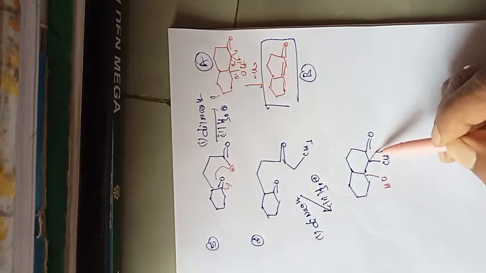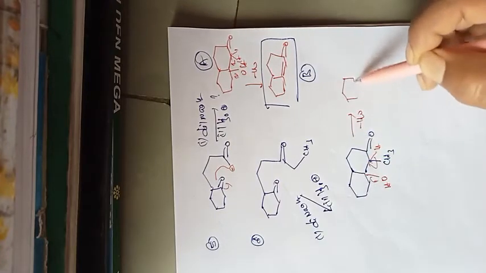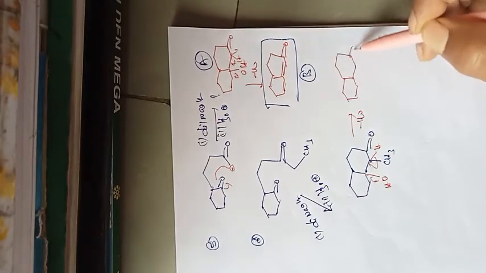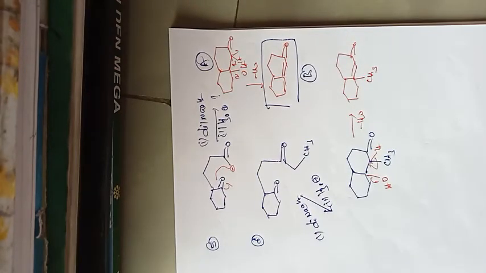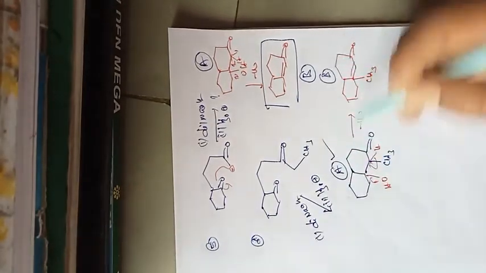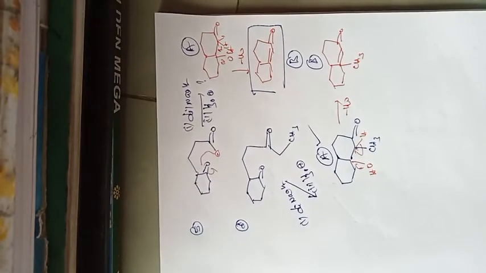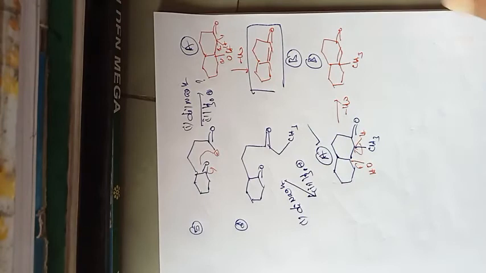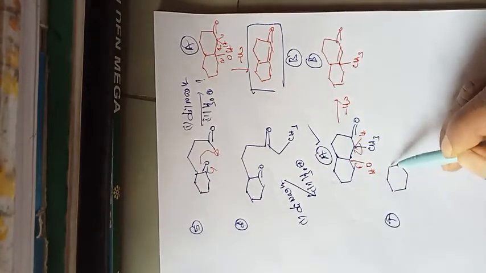Because of the adjacent carbonyl acidic hydrogen and loss of water, it undergoes condensation, so it will form an alpha beta unsaturated carbonyl compound. So these are the correct answers. This is the A option, and this is the B answer. So what are the two products they will ask in the examination? Students must identify the two products obtained in the reaction.